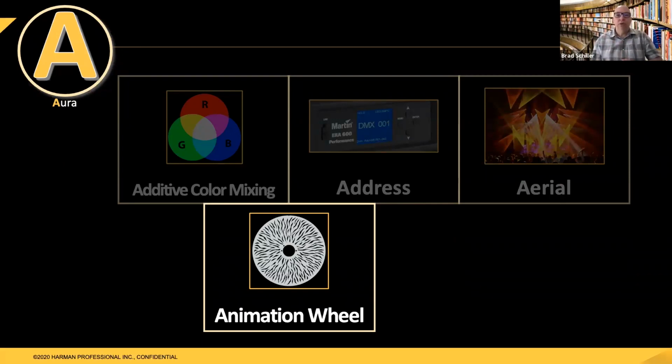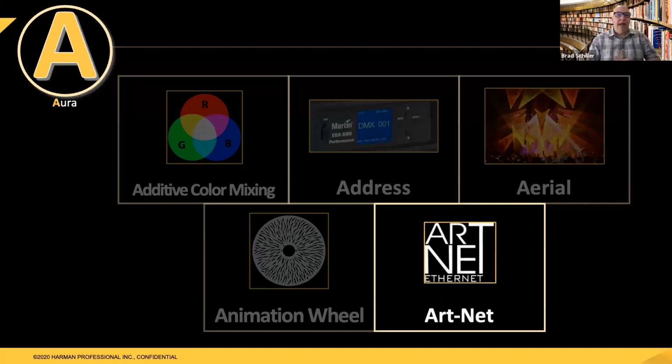Some animation wheels, like in the Martin Encore and in the Mac 3, have the ability to actually move where they are positioned within the optical system. That allows you to not only move the animation in one direction, up and down, but also change it to move side by side, which is very useful for water and cloud type effects. So having an adjustable animation wheel makes it even that much more powerful in an automated light.